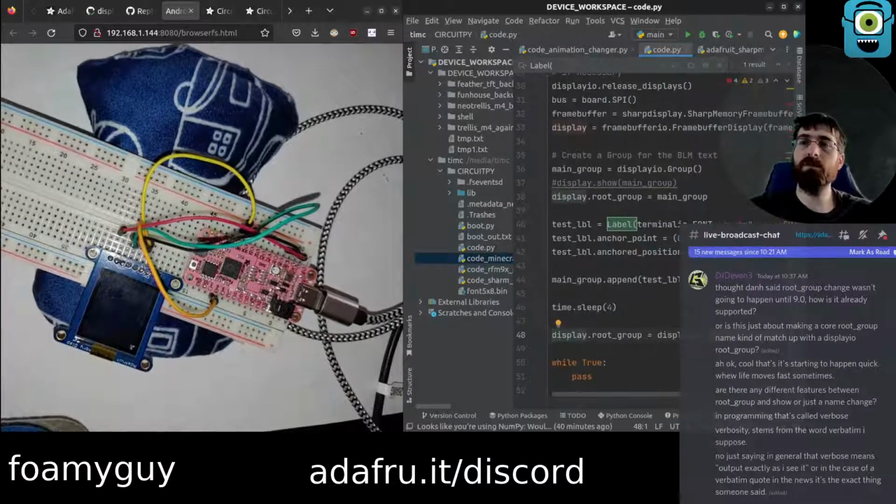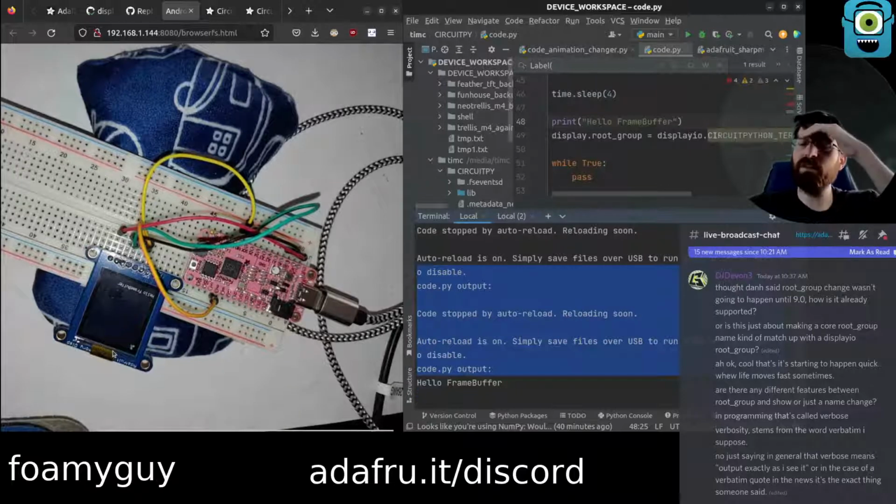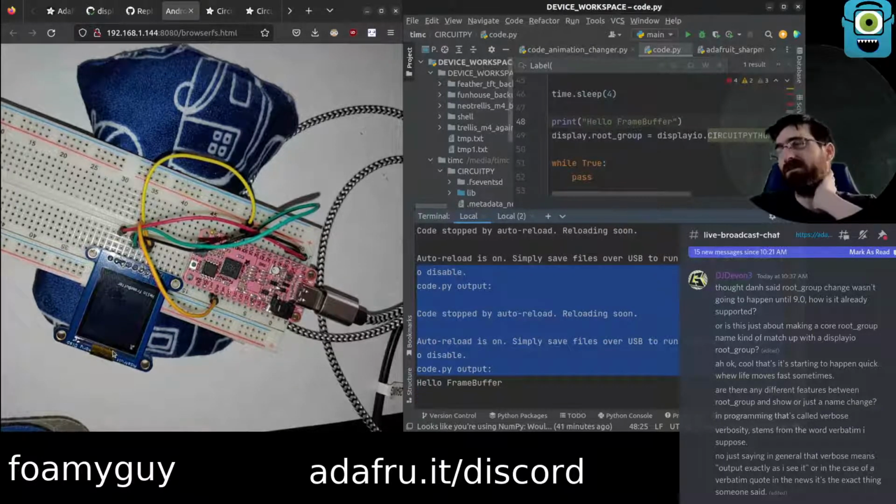Oh, interesting. We get the terminal, but it doesn't have any stuff in it. Hmm. I wonder why it's empty. I wonder why it doesn't have this stuff in it. That's kind of interesting. I guess, did it get destroyed when we released display? Maybe it does, I don't know.